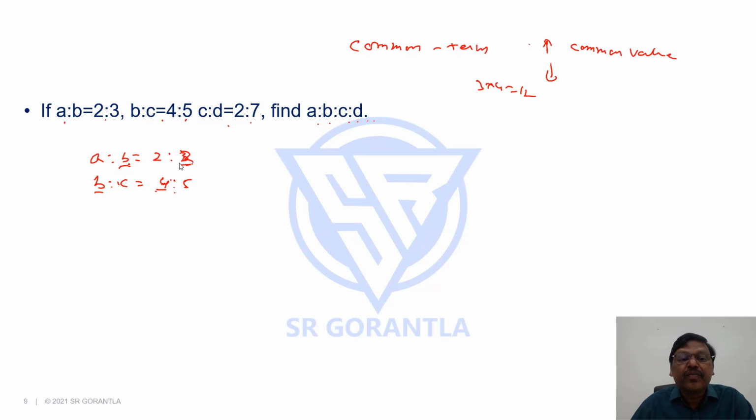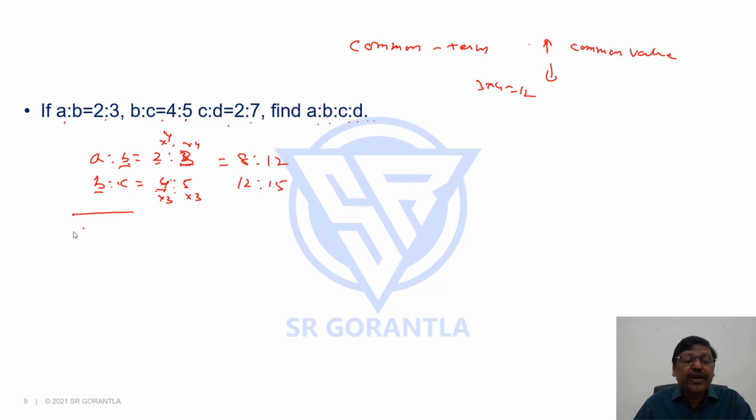How can I make 12? By multiplying with 4. But please remember, if you are multiplying a term with 4, you have to multiply both terms with the same number. Then only you maintain the same ratio. So if I multiply both these terms with 4, I'll get 8 is to 12. Here I want to make it 12, which means I should multiply this with 3. Again, you should multiply both the terms. It will be 12 is to 15. 12 is to 15 can be simplified back to 4 is to 5, right?